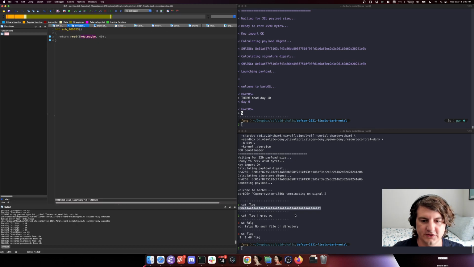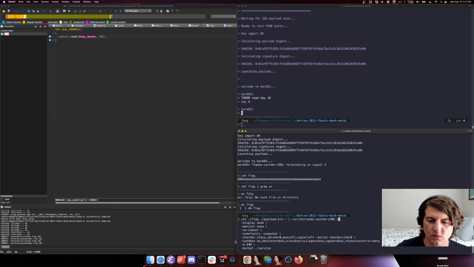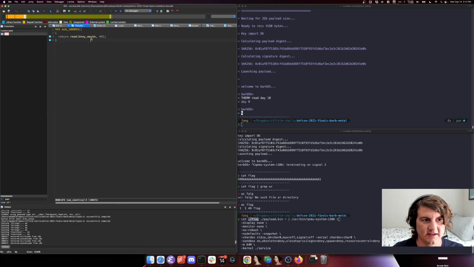So what it's reading first. This is what I gleaned by looking at it, but I could have been smarter in understanding this. But just looking at how it was run, which you weren't given in the game, but you could definitely figure out. So we can cat the flag. So the input here is the flag and then the payload bin. And this makes sense. Okay, now I understand it. So it's reading the 49 bytes of the flag. So I'm going to rename this to be flag,